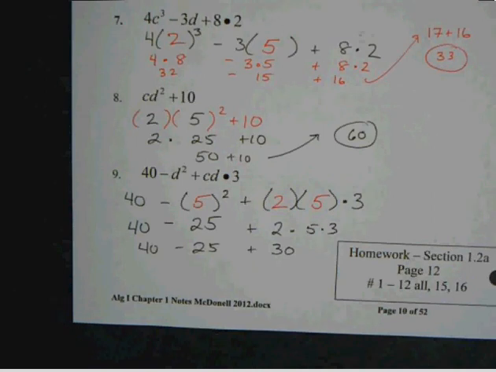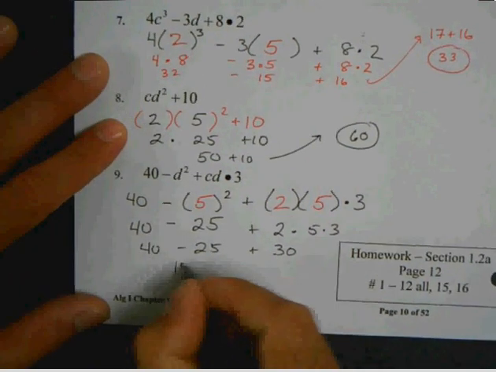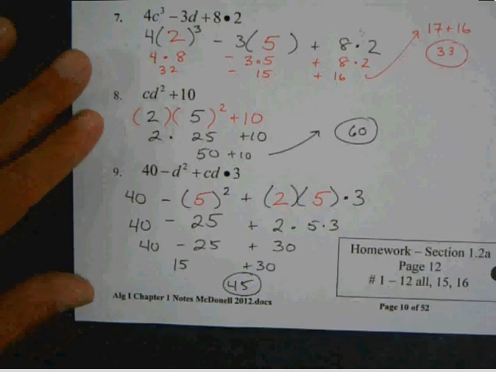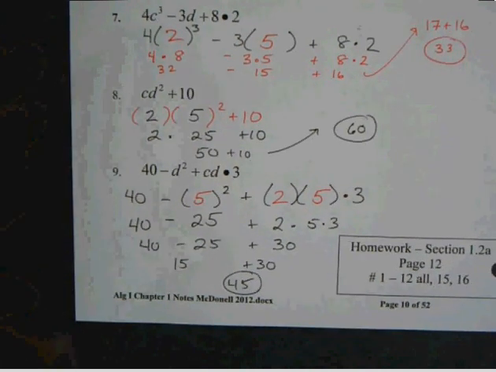Instead, what should they do? Left to right. So what's 40 minus 25? 15. What's 15 plus 30? 45. So we have 15 plus 30, which is 45. Okay? Now,